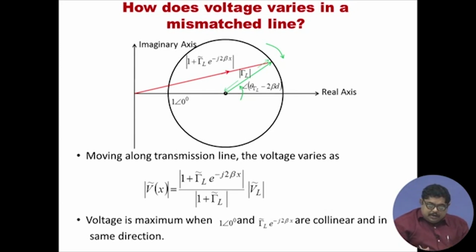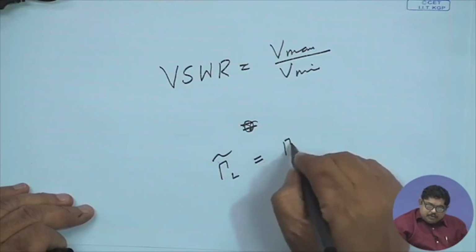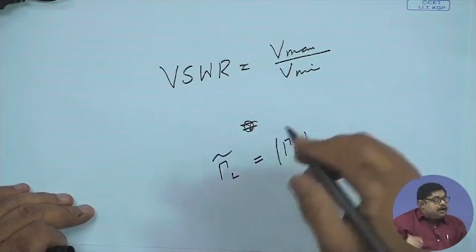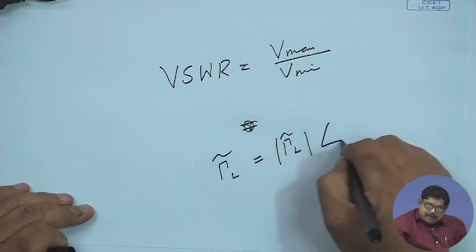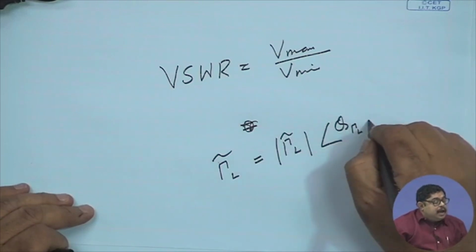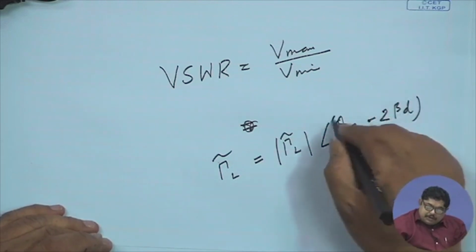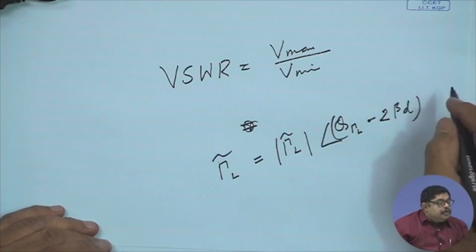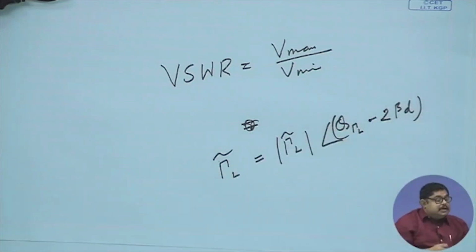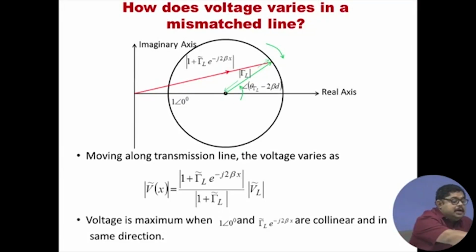So, actually gamma L is a complex number. So, we can call it gamma L bar with some angle that we are calling theta gamma L, and then you see that e to the power, that means I will get a 2 beta d. So, this 2 beta d, or 2 beta, if I have a distance d. So, in the phasor diagram, this is called the crank diagram, here we have shown that one is your 1 angle 0